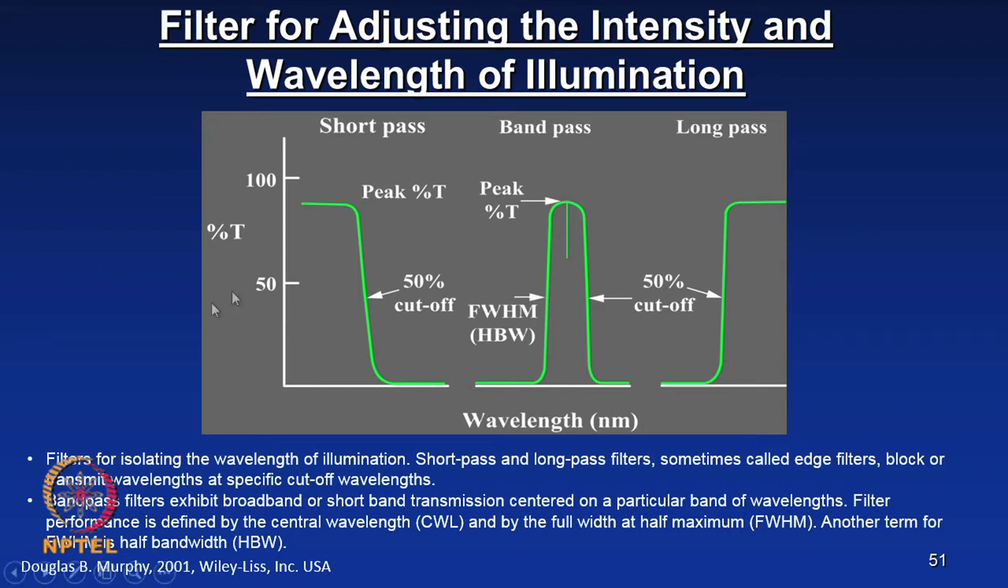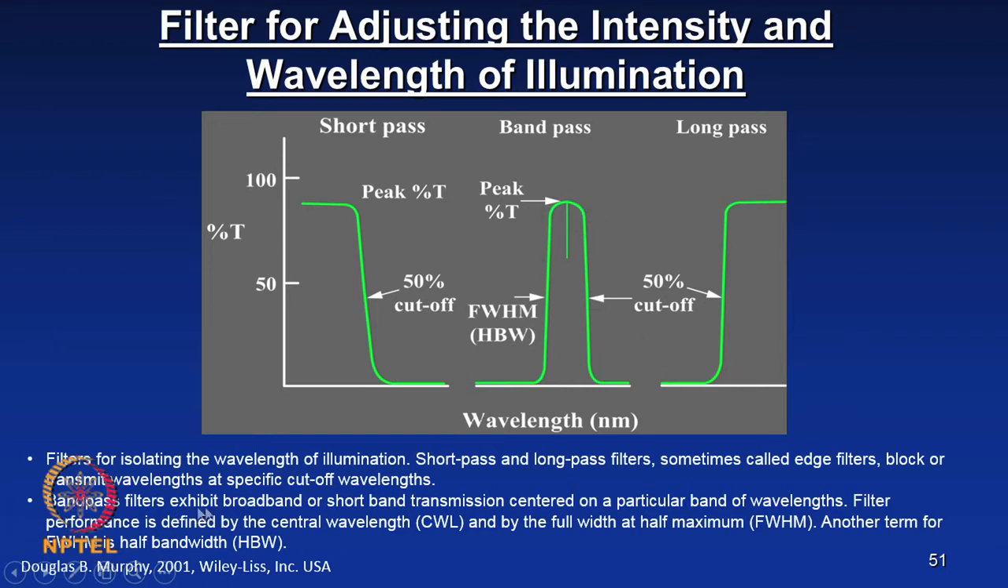So look at this plot. This is a percentage transmission versus wavelength plot. You have a short pass, a band pass, a long pass. The name itself tells that these are filters for isolating the wavelength of illumination. Short pass and long pass filters, sometimes called edge filters, block or transmit wavelengths at a specific cutoff wavelength. You can see that it is 50% cutoff, it is peak transmission, and the band pass filters exhibit broadband or a short band transmission centered on the particular band of wavelength. Here you can see that,